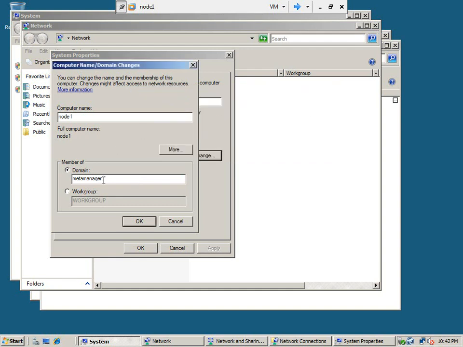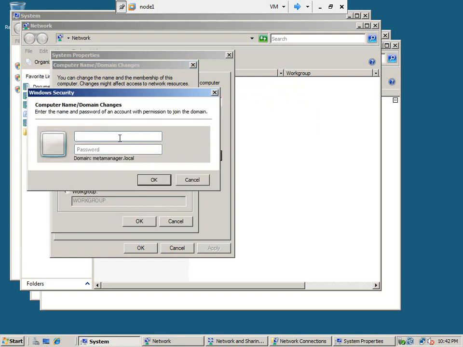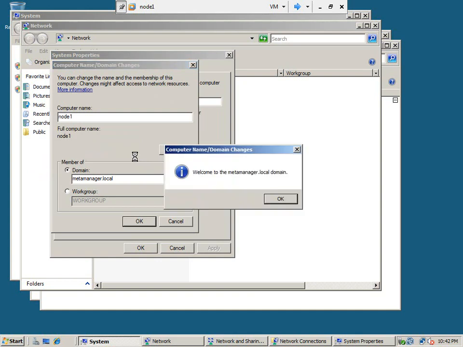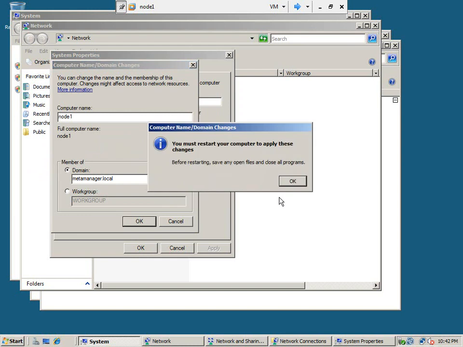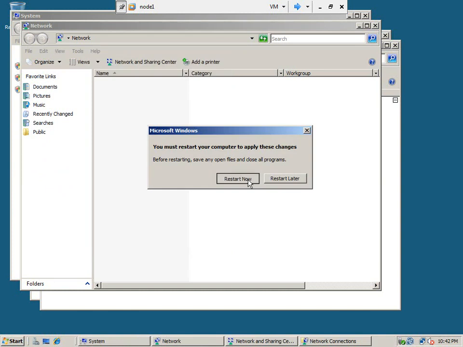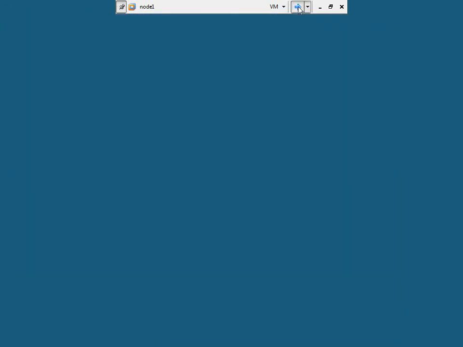Okay, I think we need to give .local. Okay, now this machine is added to the domain. We need to restart this machine. So do the same thing for the node 2. Go to the node 2,